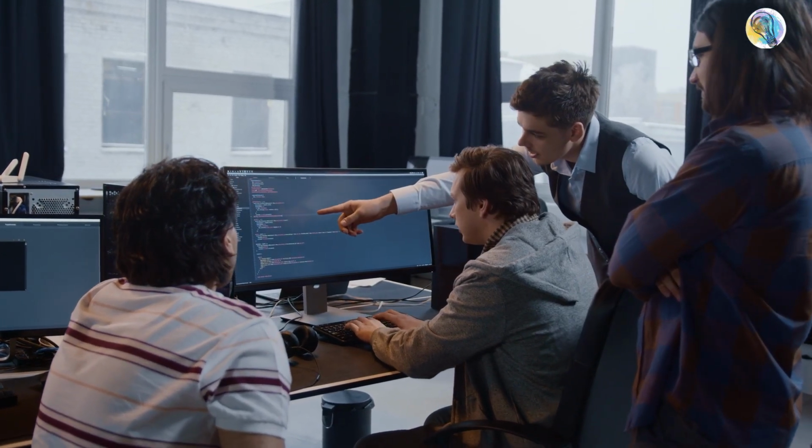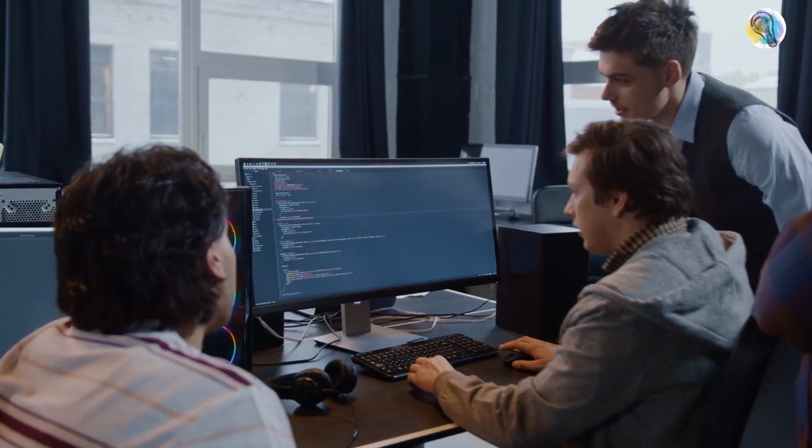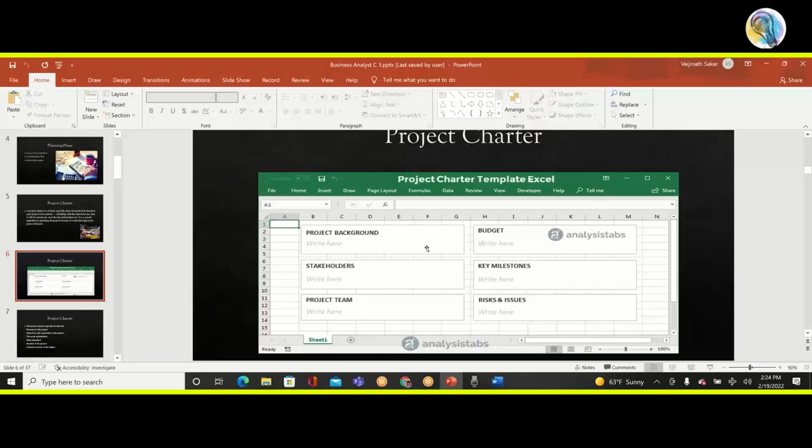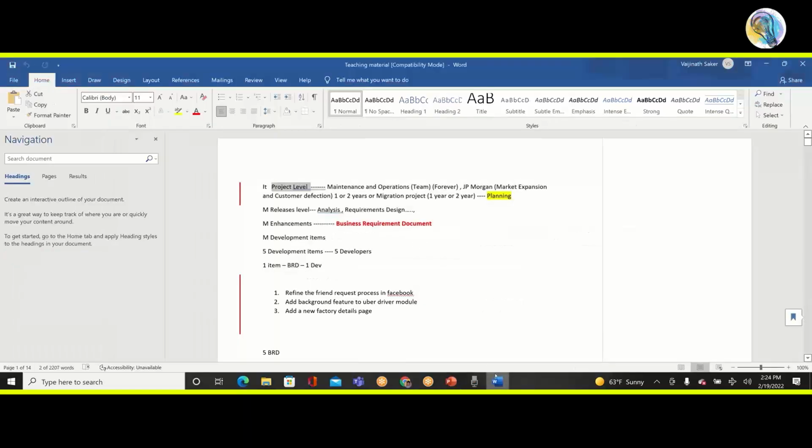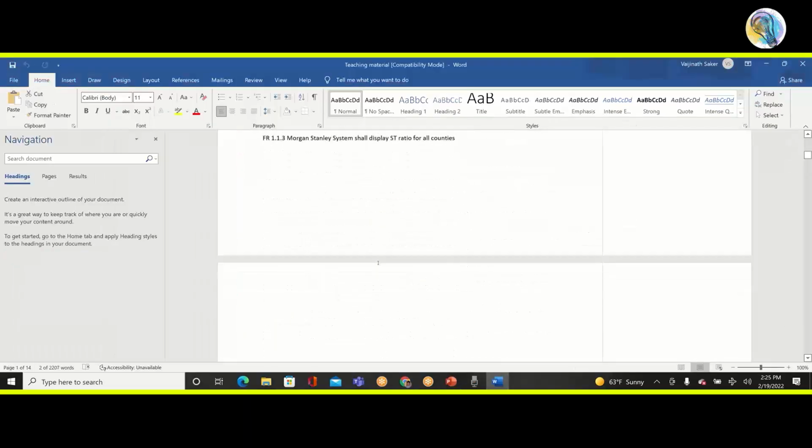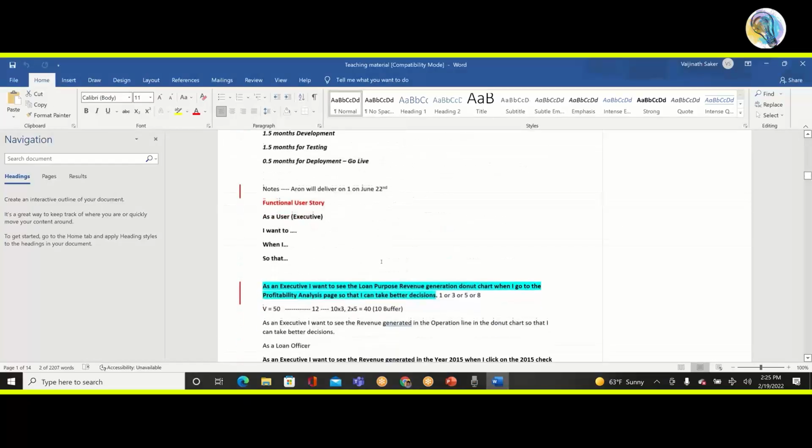IT team, we are all stakeholders, like the developers, testers, we are all in it. Business, whoever is going to give the requirements, they are also stakeholders. Now, since we are talking about stakeholders, I would like to introduce you to a topic as to who are